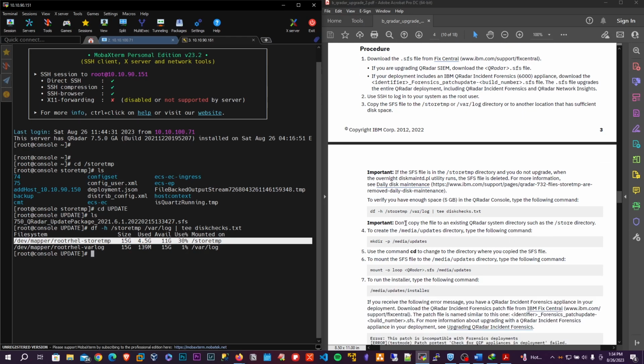According to them, they have told us not to copy the file to an existing directory, like the store directory, because it stores the main directory in QRadar. Anyway, let's go to